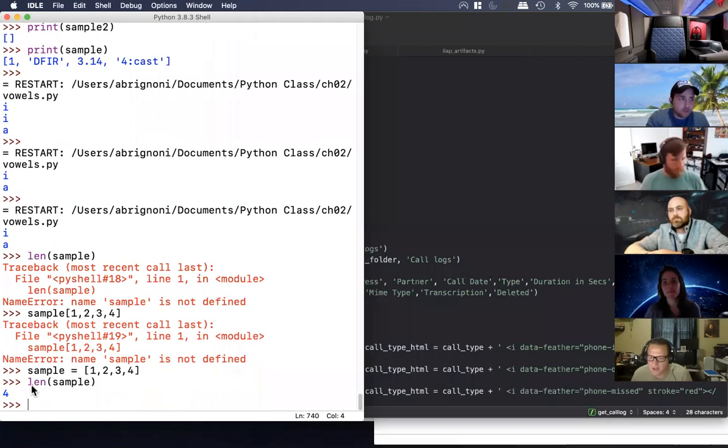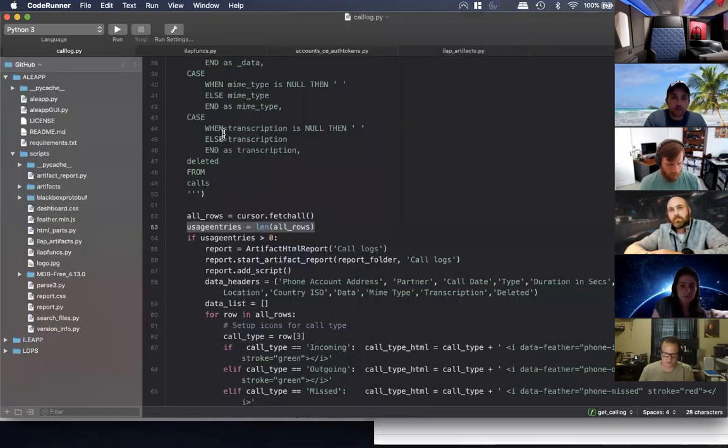I define a list. When I use length, it tells me that inside that list we have 4 items going from 0 to 3, right? But 4 items: 1, 2, 3, 4. Does that make sense? So going back to my script, I run my query and I check if the rows